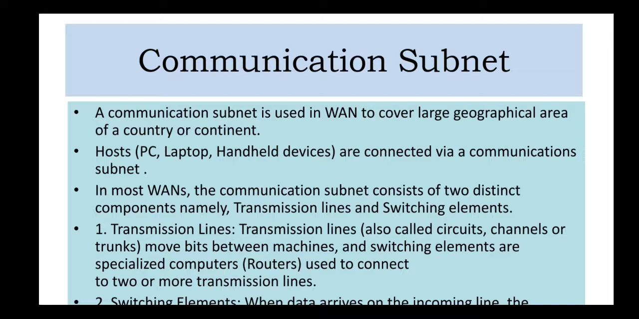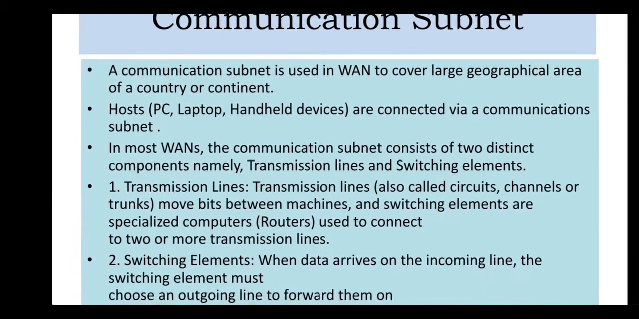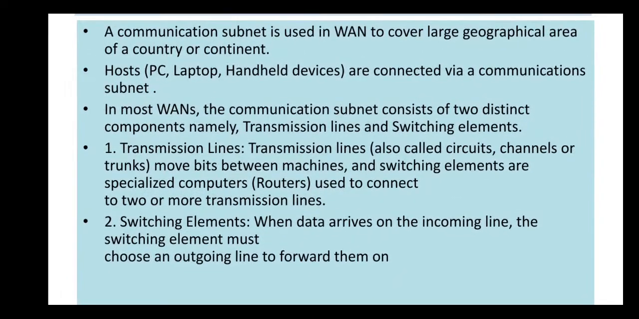In most WANs, the communication subnet consists of two different components. One is the transmission line and another one is the switching element. Transmission lines are also called circuits, channels or trunks. They move bits between machines. Switching elements are specialized computers, that is routers, used to connect two or more transmission